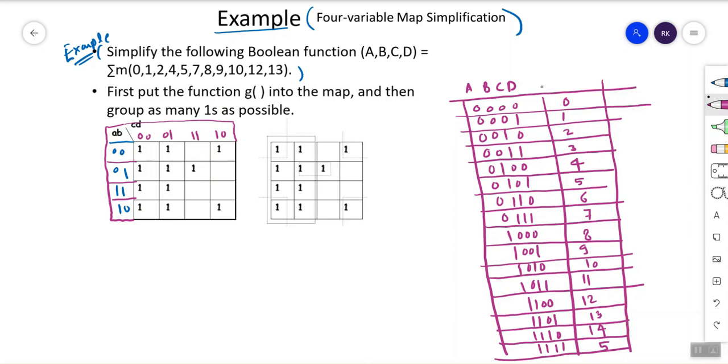And this is the function value here. These are the decimal values.